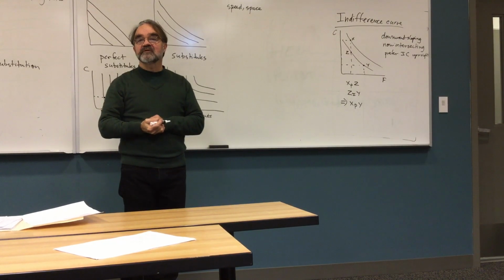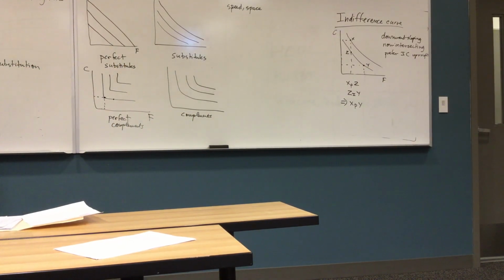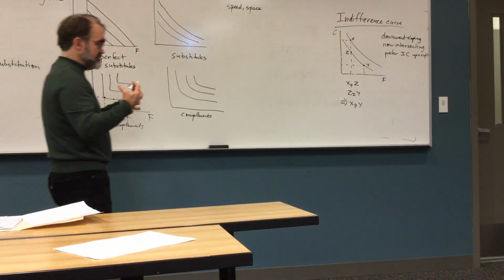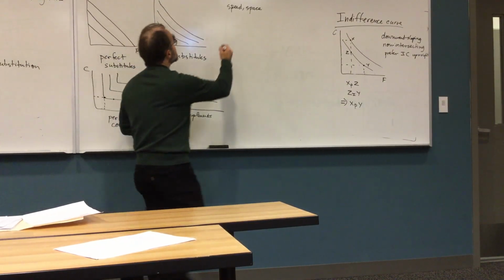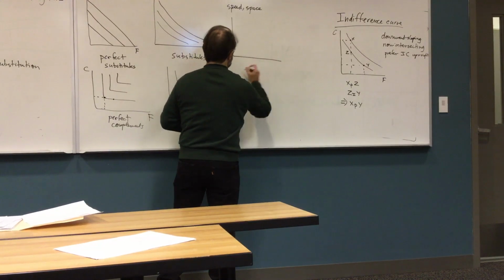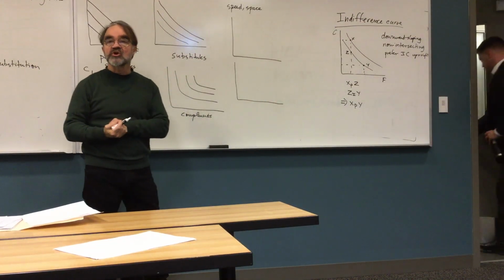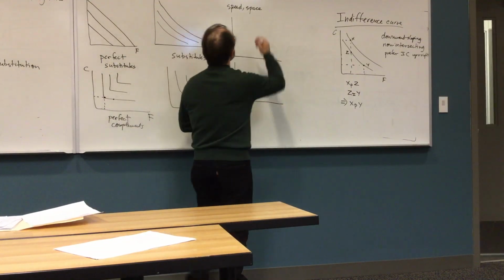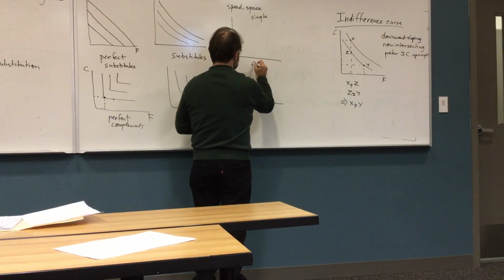Some people tend to view the trade-off between space and speed differently from other people. In your textbook, two different demographic groups are distinguished. One of them is young single people,